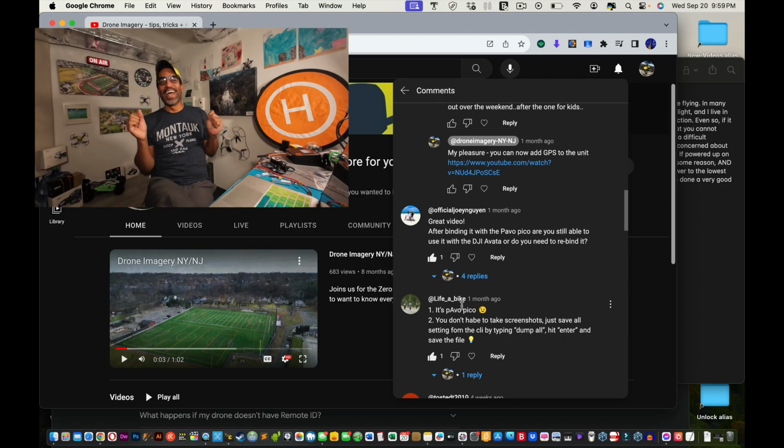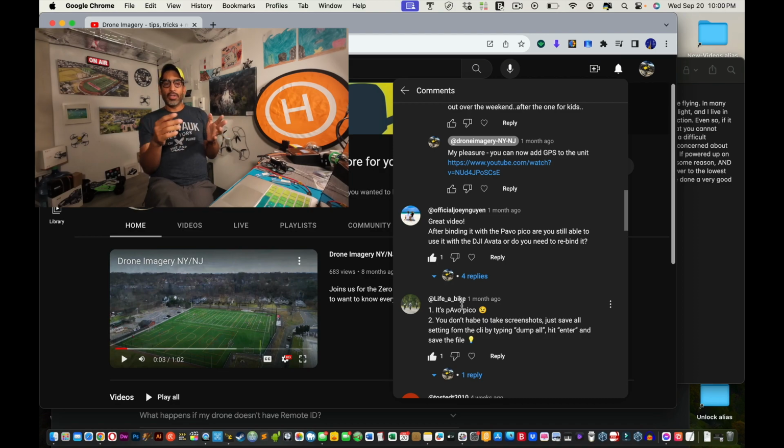Actually, that came out wrong. I've been doing a CLI dump moving forward, which works out really well because you're able to customize your settings in the CLI. It's like, oh, I like those settings, I'm going to keep those. And then you just label the text file. Or you have up to, I think, 4 profiles inside of your